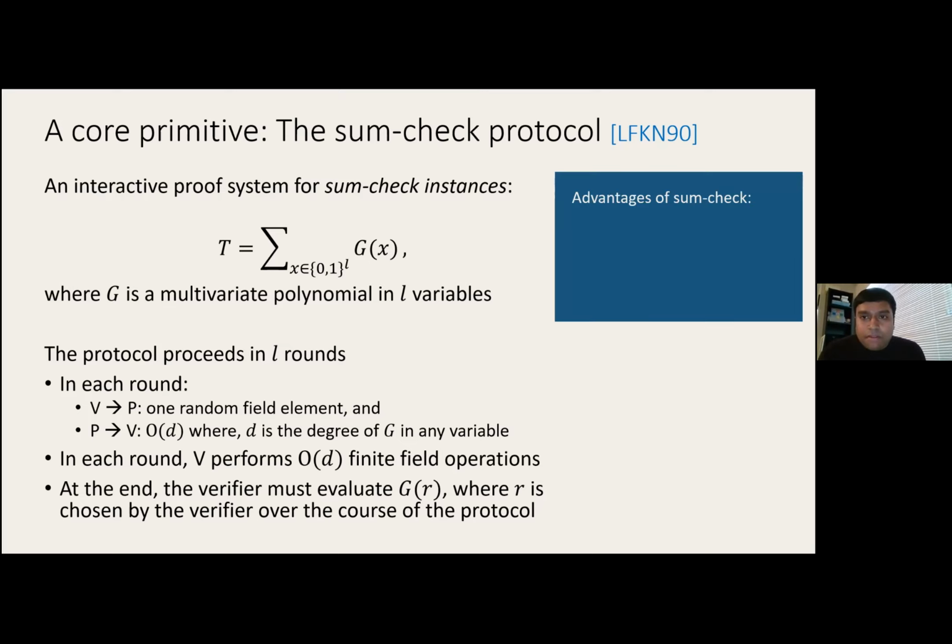So there are several advantages of using this sum check protocol as a core building block. One of them is it requires no trusted setup. Second, it's public coin. In each round, the verifier is just sampling a random field element and sending it. So it can be made non-interactive in the random oracle model. Finally, it turns out that for many